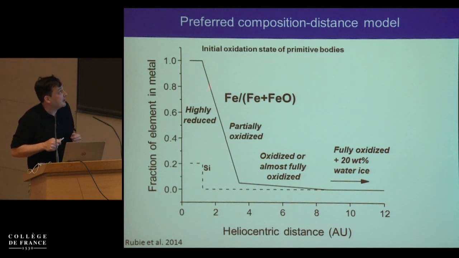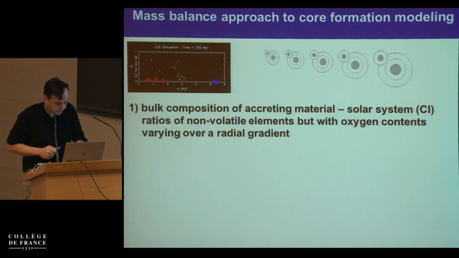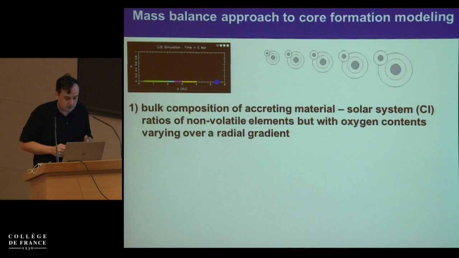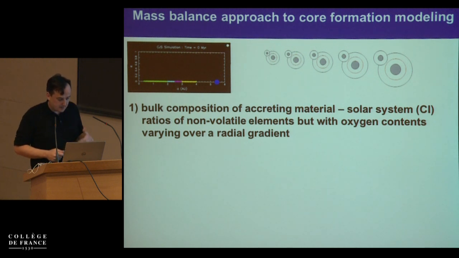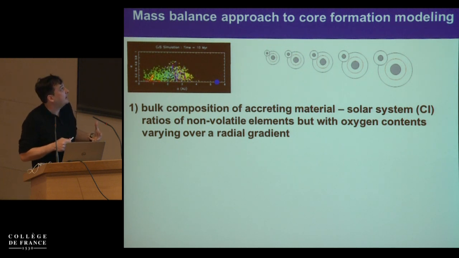And we start off with material which is highly reduced, which of course, some meteorites like enstatite chondrites really do reflect this high level of reduction. And as we go away from the sun, we get more oxidized and also more volatile-rich material. So what I'm going to try and show you now is some modeling where we've really combined